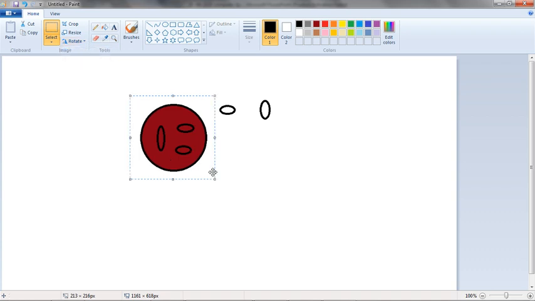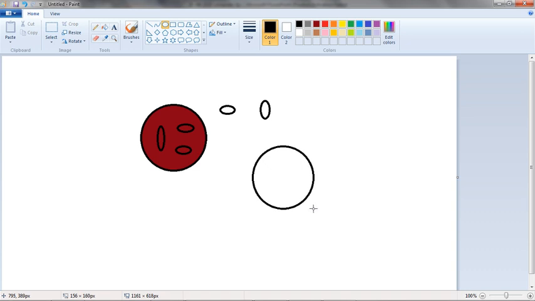I hope you understand. What we did first, we took circle from the shape tool and drew the perfect circle, right? For a perfect circle, we use the shift key. Now we draw the circle, then after that go to fill with color. After that, choose any color and paste here.